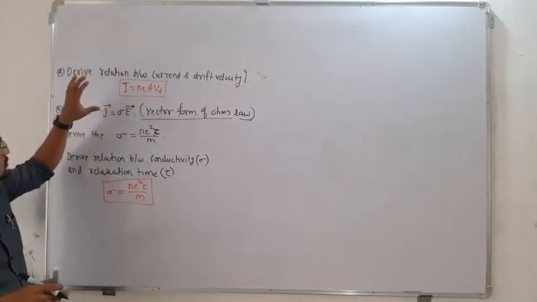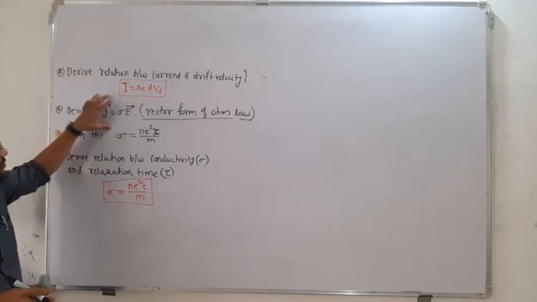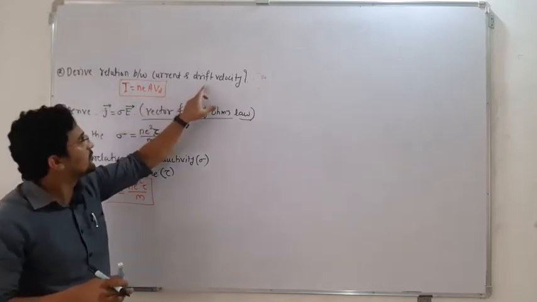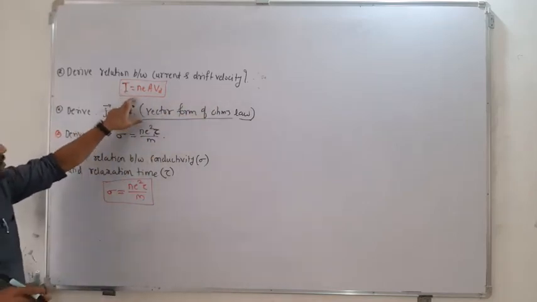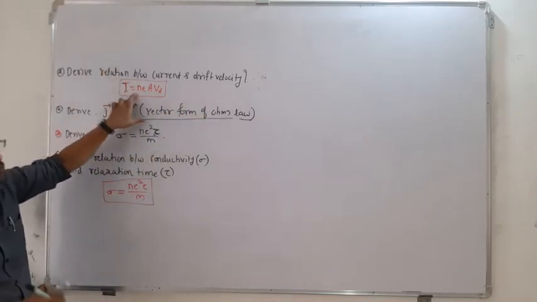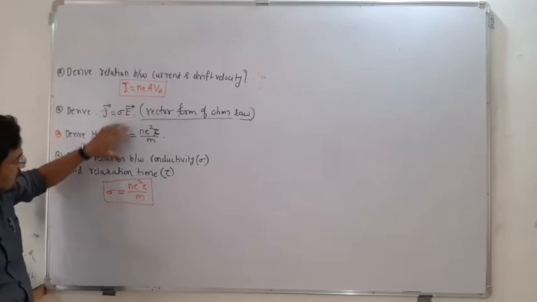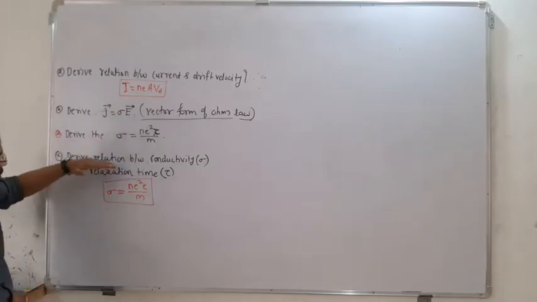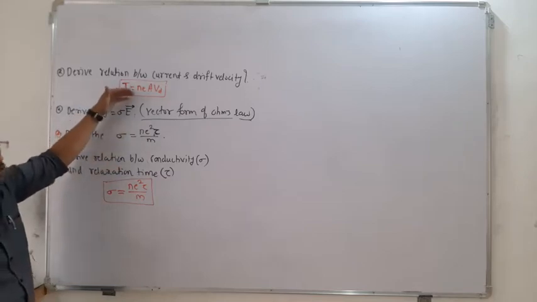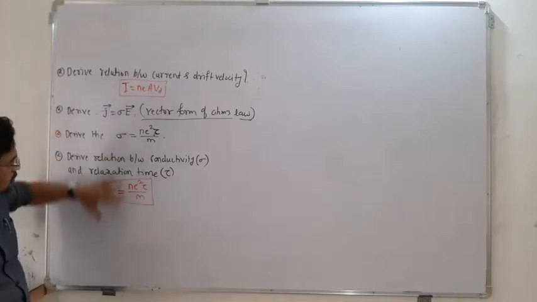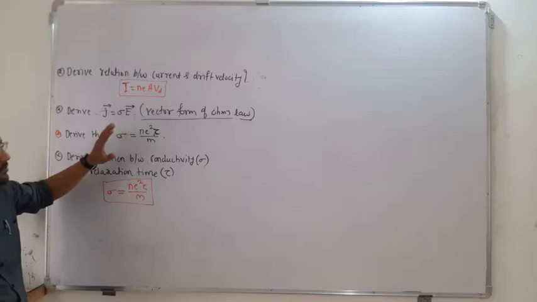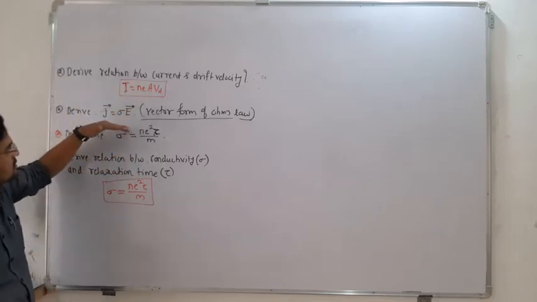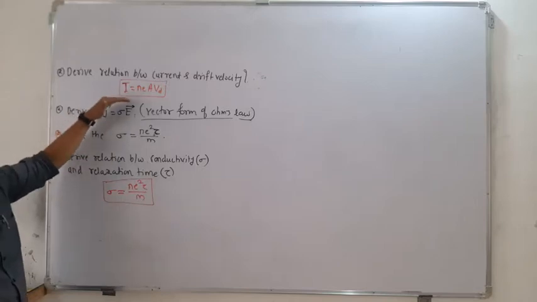Yesterday, after the drift velocity, we saw one derivation, that is a relation between the current density and the drift velocity. So this is the answer. If they ask this question, you have to write up to this. And if they ask any of these other questions, then after this you have to write it further. For the 4 questions you have to write the same answer, but for the first one you stop here, and if they ask the rest of the questions you have to proceed further.